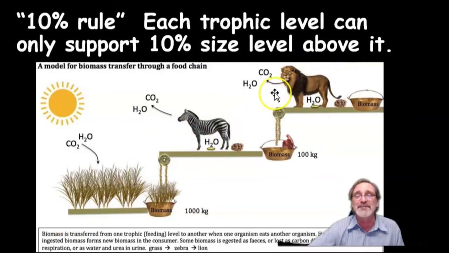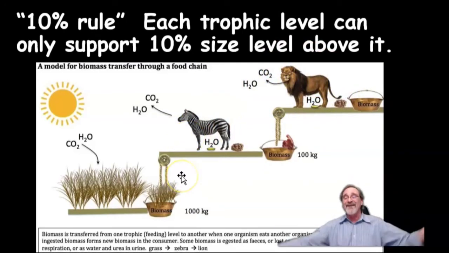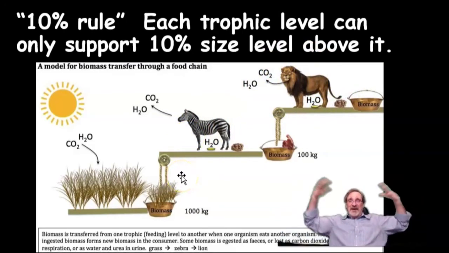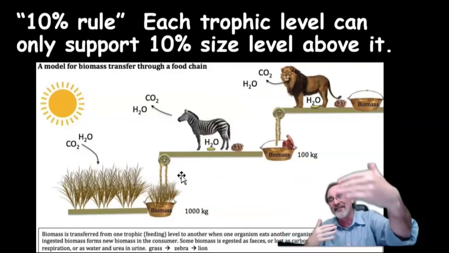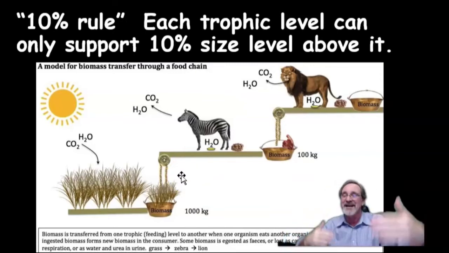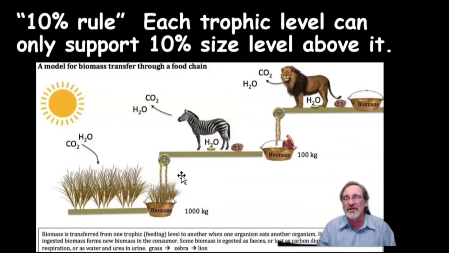Okay, now you have the next predator up here, the lion hunting the zebras. Now, you can't have a pride of 500 lions trying to survive off of a herd of 500 zebras. That won't work. Pretty soon, the lions would wipe out all the zebras. Then all the lions are going to die off because they got nothing to eat.